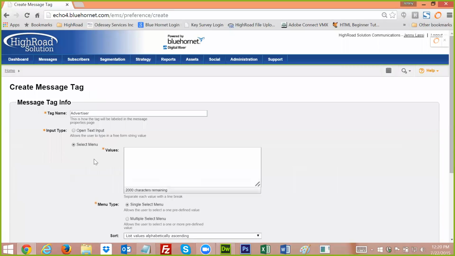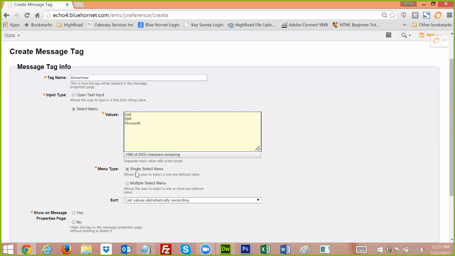And maybe you only allow one ad per email newsletter, or maybe you have multiple. But for the sake of this demo, let's say that you have one. So we'll call this Dell. We'll call this IBM. Call this Microsoft. Let's just say you sell very expensive ad space that Dell and IBM and Microsoft would use. Well, let's use a single select menu this time,